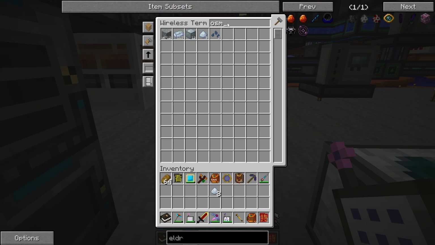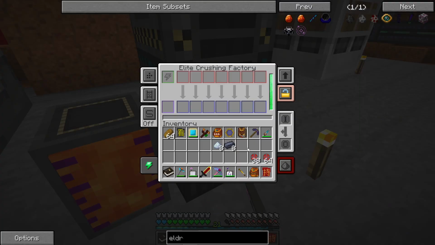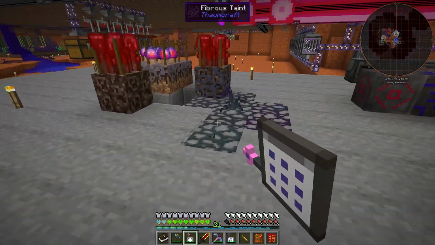And I'm gonna need lead, which I'm also going to need to break down. 7, 8, perfect. So where's the crushing factory? Oh, no, that's good. Right here. Crushing factory right here. Auto split. Voila. I'm going to go back here and